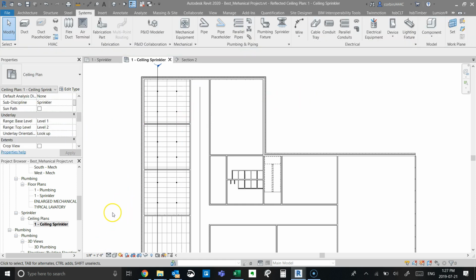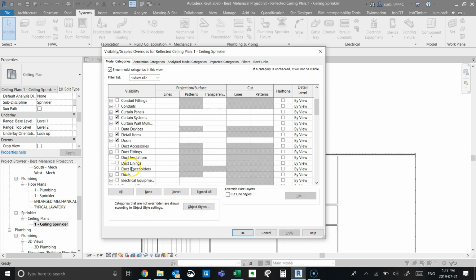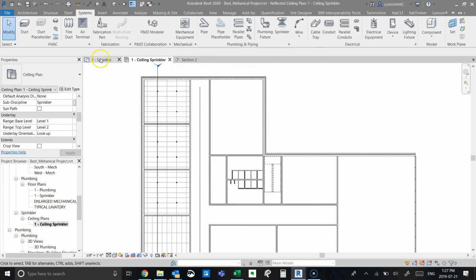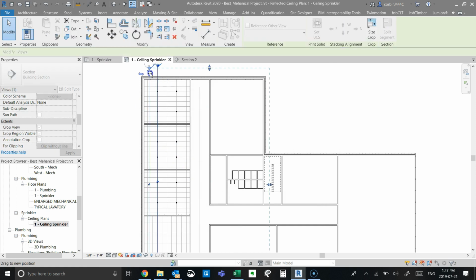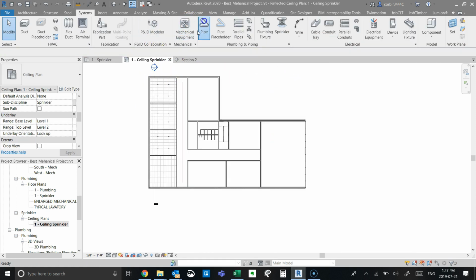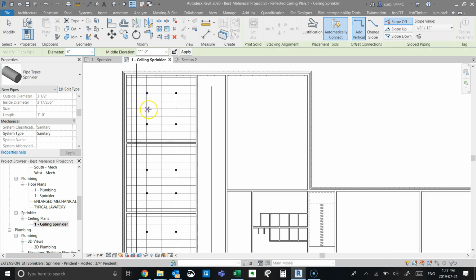And we also just want to make sure that we can see through the ceiling. So I'm just going to go in here and change the ceiling transparency to 100%. Section over a little bit. We're just going to place